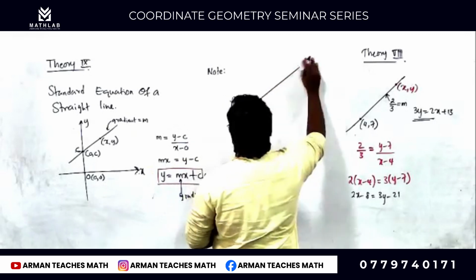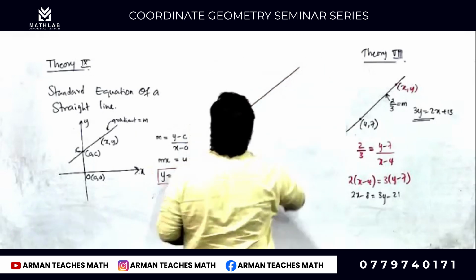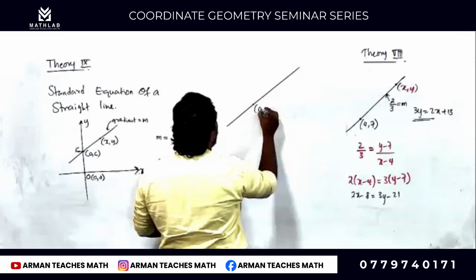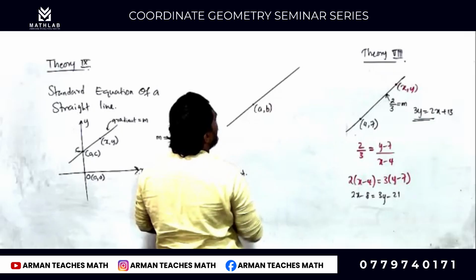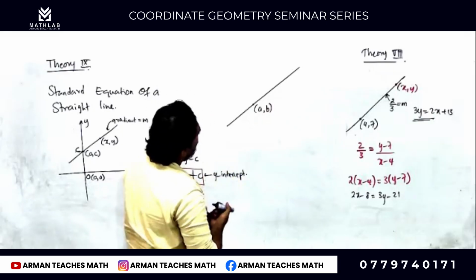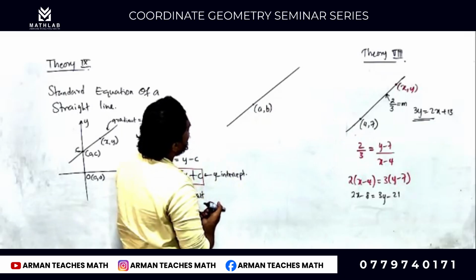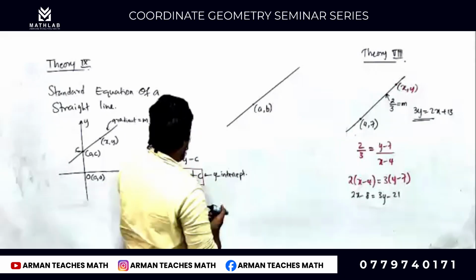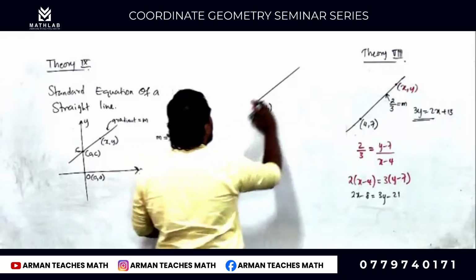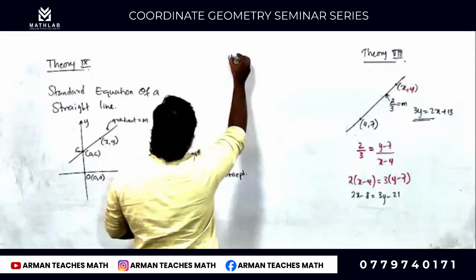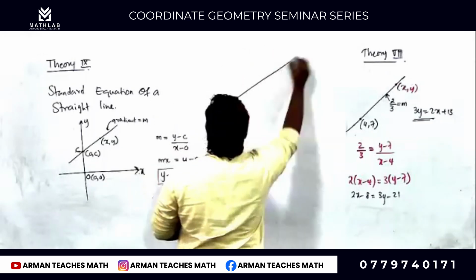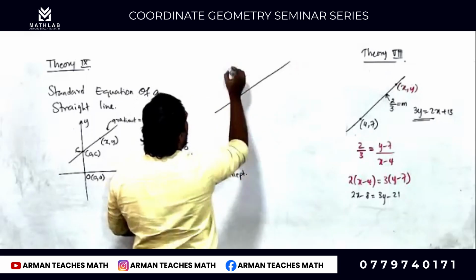So let's take a straight line segment like this. If I take a coordinate on this straight line segment as (a, b), right like this, you see, we got the equation y equals mx plus c. If we take a straight line segment,